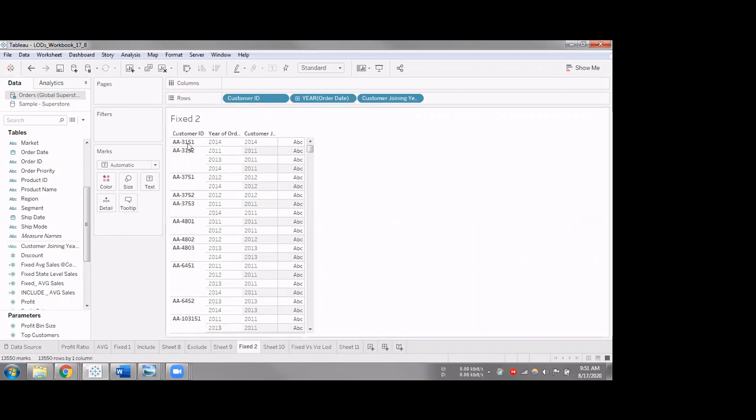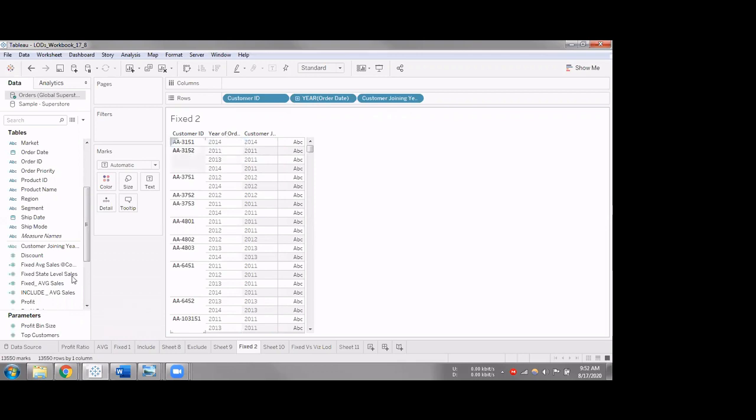So here what I did was, for each customer I just need to extract when that particular customer has joined. If you can see, this particular customer ID has given orders in the years 2011, 2013 and 2014. All I need to extract is the minimum of these values, so that I can consider that value as the first year in which this particular customer ID has given an order. That will be the joining year.